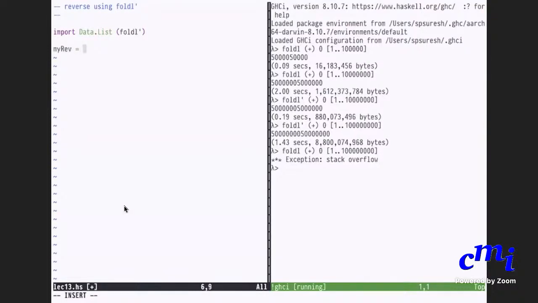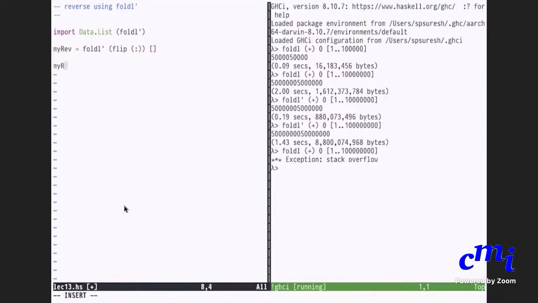It would take me some time to figure out the code exactly, but I think the idea would be that we take the list, we set the initial accumulator value to the empty list, and then we use the colon operator where we flip the arguments. So we do flip. Exactly. That's all. That's very nice. That's it.